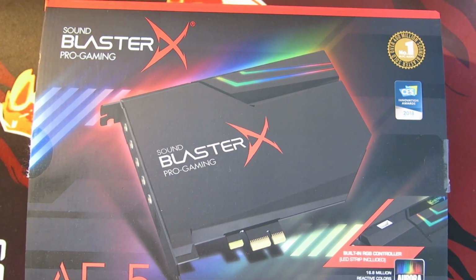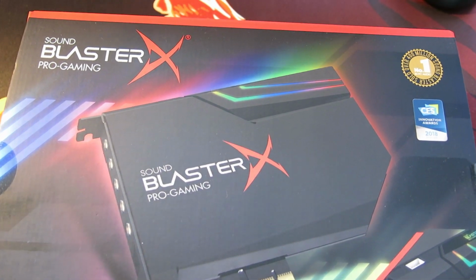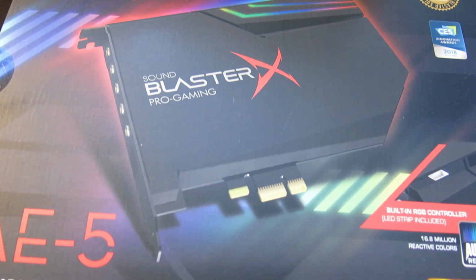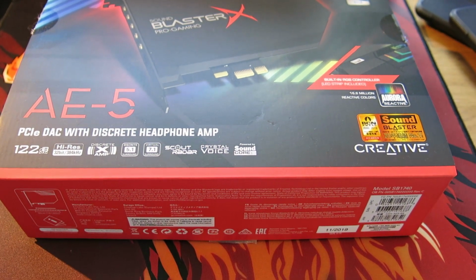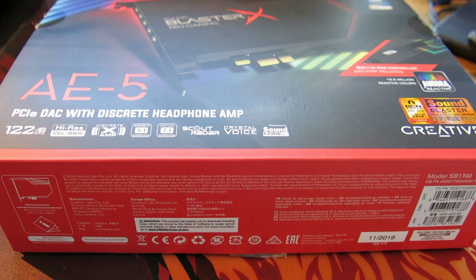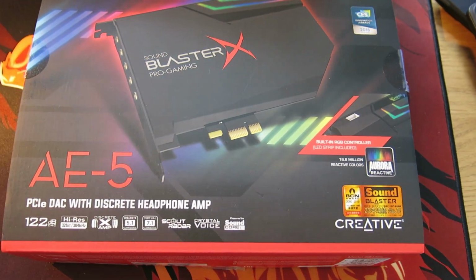Sound Blaster Pro Gaming AE-5 PCI Express DAC with discrete headphone amp, 122 decibel DAC, high-res 32-bit, 384 kHz playback, which is really high, discrete X-Amp, which gives it enough power to drive really high ohm headphones up to 600, discrete 5.1 surround with separate ports, or virtual 7.1 surround, Scout Radar, which could be a gimmick but